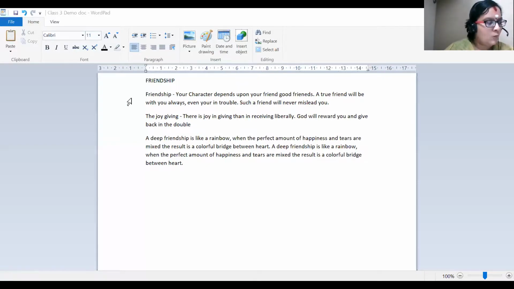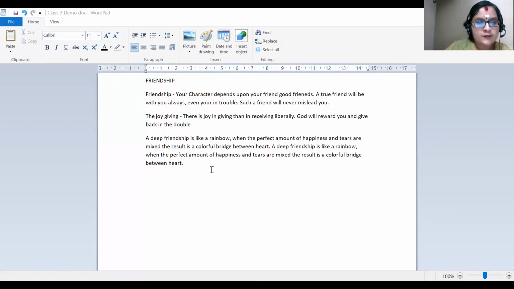Now we saw what is copying a text. Now here we are going to see moving it. Okay. So what do you mean by moving, students? So moving an object from one place to another. Yes. So from one place you are going to move it. So how we will do? Can we look into it?